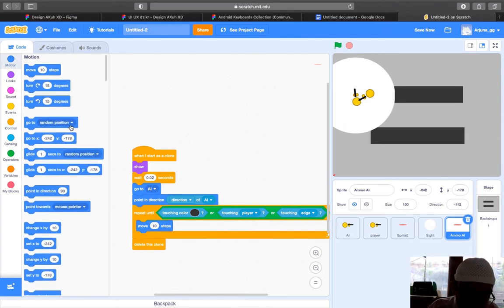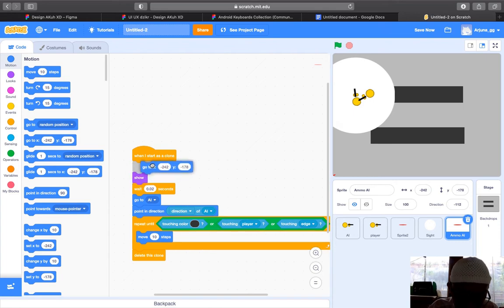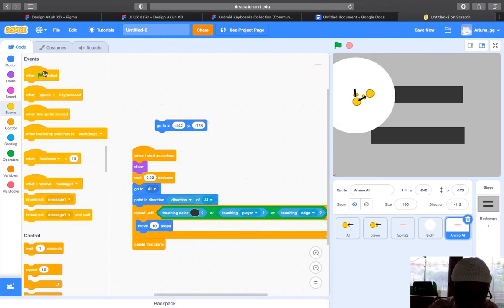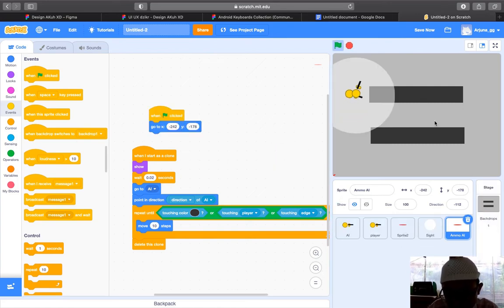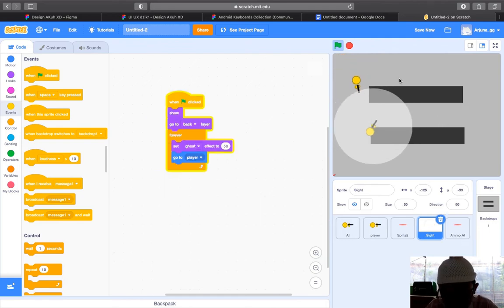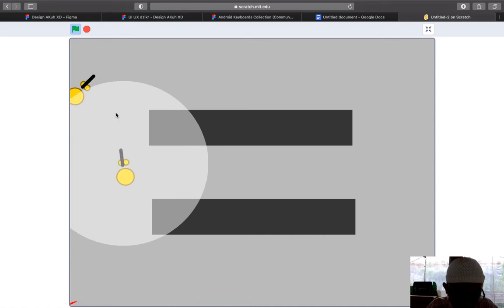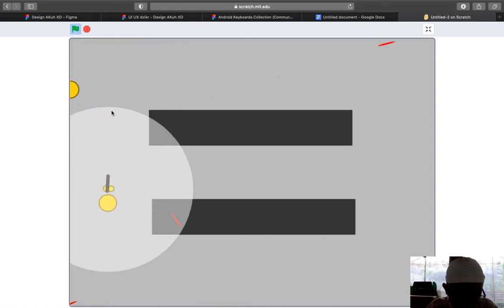Okay, and then make the coding like this, same as the sprite, this one. So if the AI shoots, we can also shoot the AI. So it's like a PvP battle. So let's try to play it. The AI is shooting us,